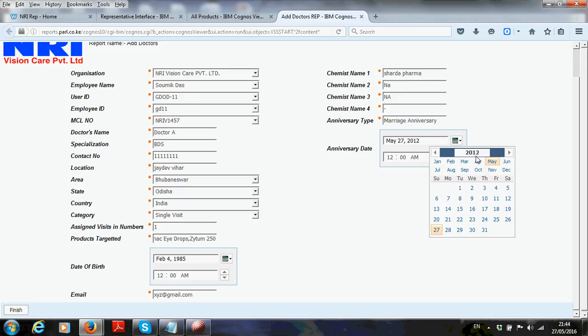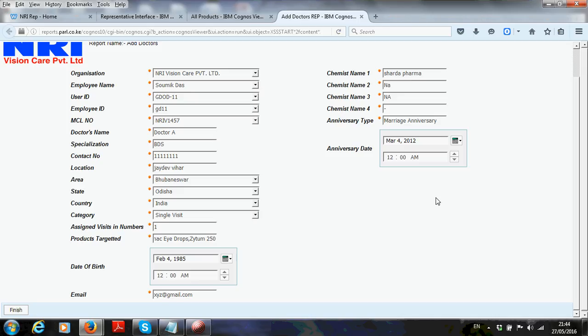You see, it's not always compulsory to put in the right year, because you'll get an automated alert on a particular date. Like for instance, I am putting maybe March 4th. So every year on March 4th you'll be getting an automated alert. You don't have to put the exact year. You can skip putting the exact year. You can put any year you want.